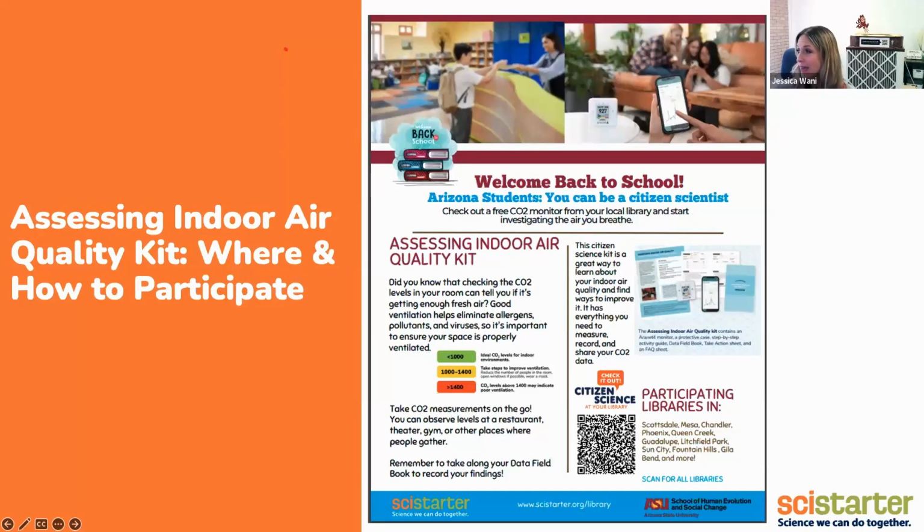Okay, and so kind of on that note, this is a really cool moving from the CR boxes back into our CO2 monitor kit. If you're in Arizona and you want to go and check out one of these kits, we would love for you to do that. If you are able to, you can scan that QR code. There's also a link in the chat right now that's going to show you all the participating libraries. And what you do is you literally just go and you check it out. They're going to hand you, just like this here, it's going to have all the materials that we went over before, including all the instructions on how to get started. And then we'd love for you to share your data with us.